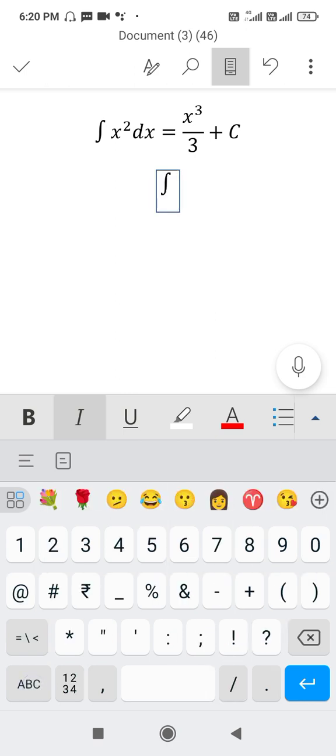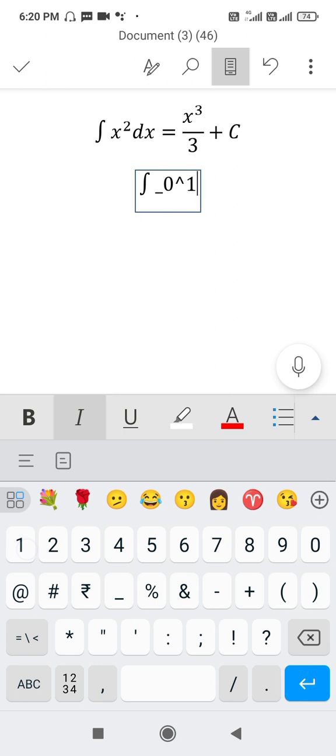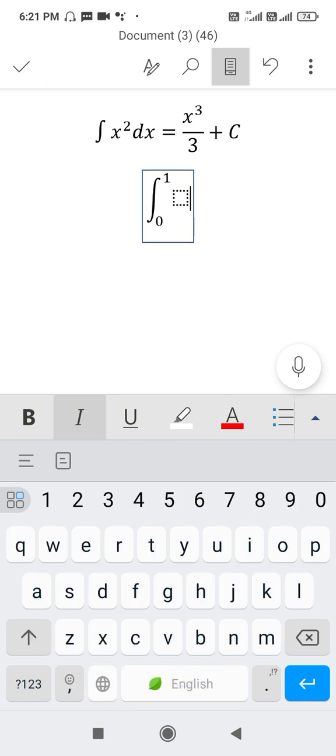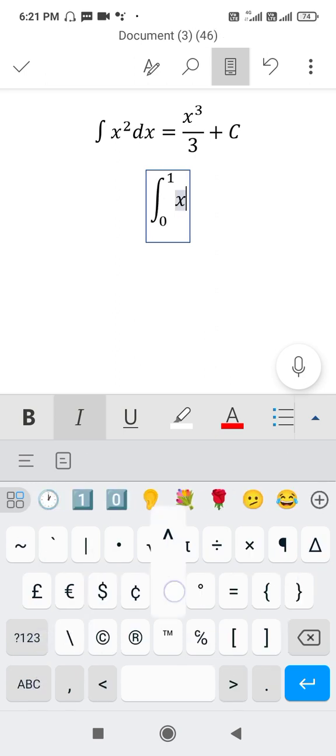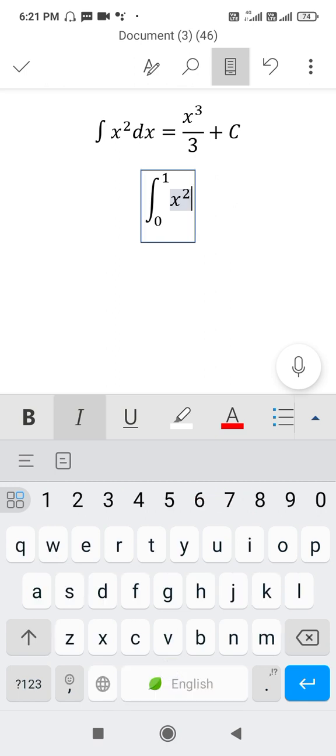Now 0. Press underline, then 0, then power to 1. Press space bar and write in this box x power 2 space bar dx